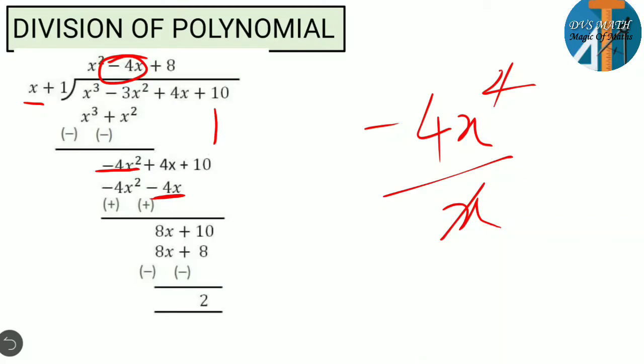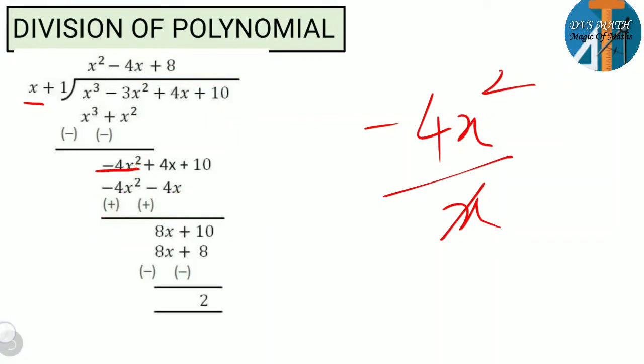So now again changing the sign. It is minus in this, here you are changing to plus. Minus here, you are changing to plus. So these two cancel. So now plus 4x plus 4x, you got 8x plus 10. Here 8x plus 10. So again what you have to observe?